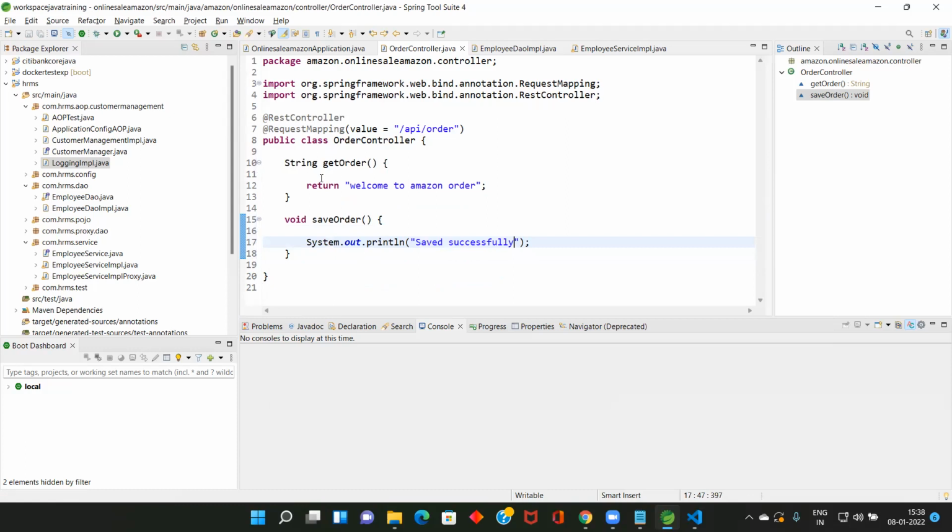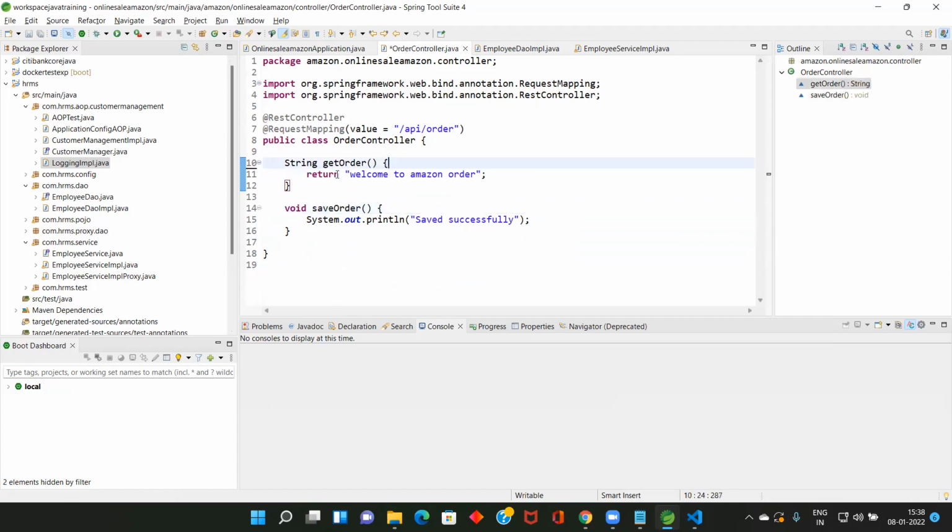So here I wrote two methods: one is getOrder, another one is saveOrder. Can you all write these methods? This is a class, and it can contain n number of methods. Anyway, we have two methods here.